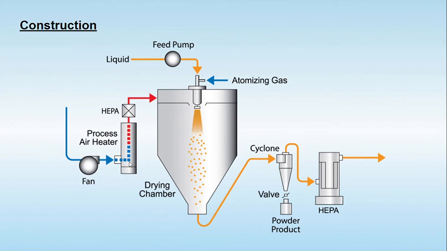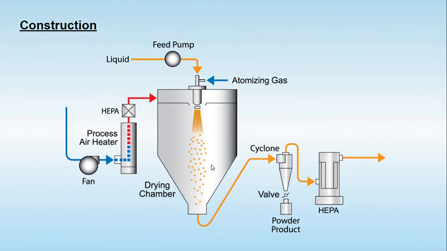The air is going to be filtered and passed to the heater. After passing the heater, it is going to be filtered through the HEPA filter to remove any foreign particles, and then it is going to be dispensed into this entire chamber, where this air is going to come into contact with the droplets, and the heat transfer is going to take